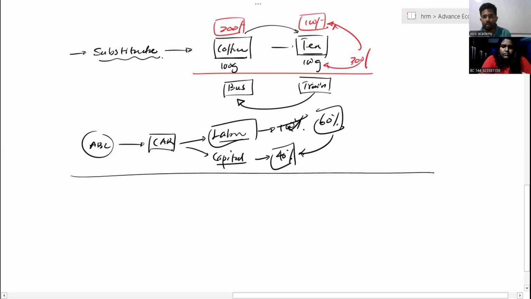100 gram of tea. Yes, nothing to discuss. You are going to consume coffee because coffee is the substitute for the tea. Tea is the substitute for the coffee. So now you can identify